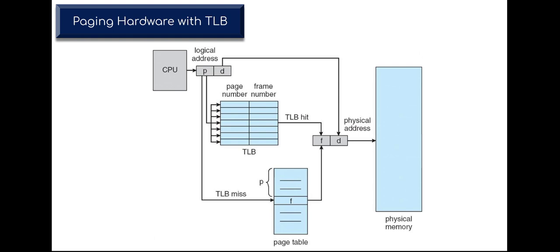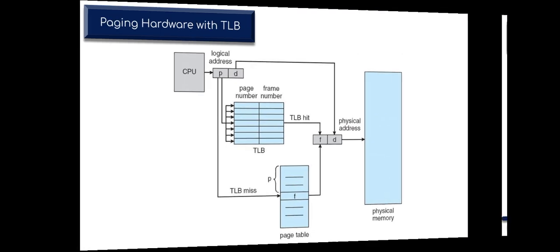The meaning of this is that P will be the page number. That page number will first be searched in this TLB. If it is available in the TLB, then the concerned frame entry will be given for this particular address, and we can say that this is ultimately the conversion from logical address to physical address. That's the beauty of this particular scheme. So this we have seen in our previous session.